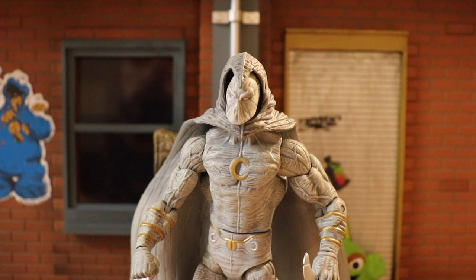I'm your host, Bri2J, and today I'm presenting to you the Marvel Select Disney Store exclusive Moon Knight figure, courtesy of my friends at Diamond Select Toys, so thank you very much for sending me this product sample to review. So, Moon Knight is a Disney Plus series that came out just a few months ago,